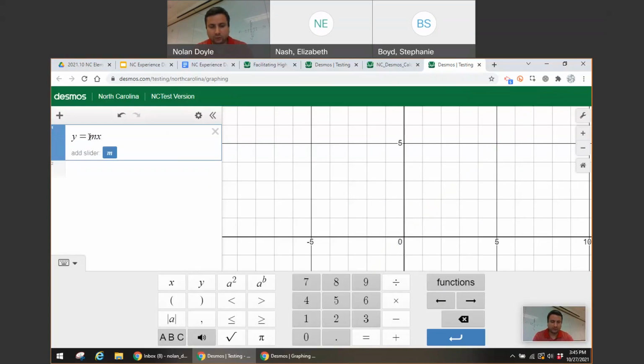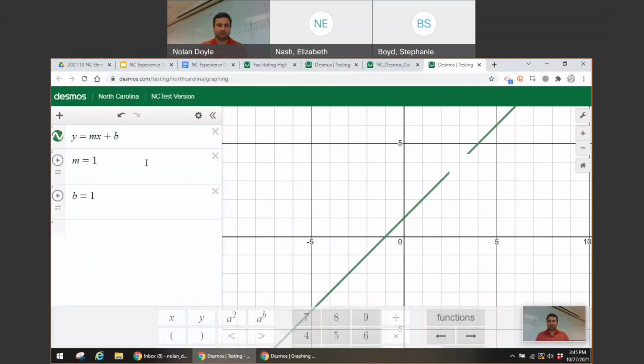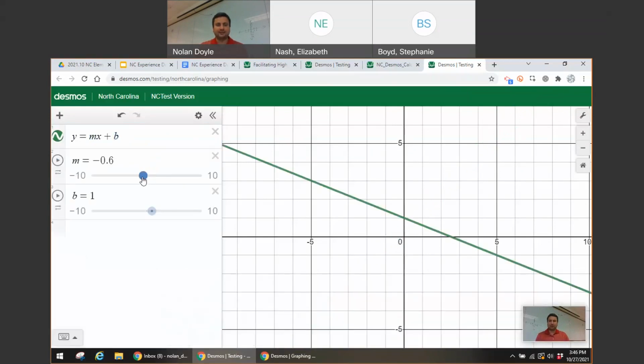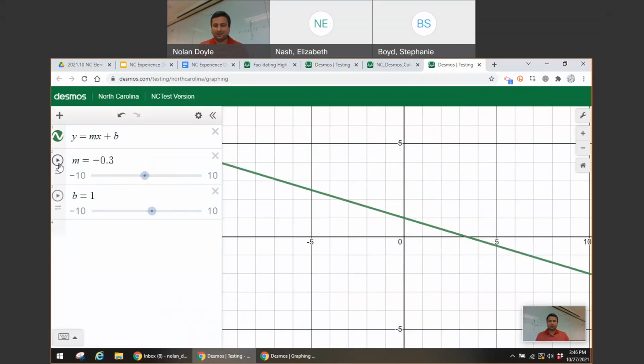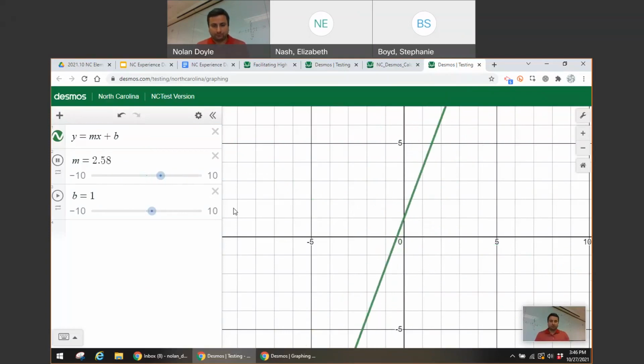But if I type in y equals mx plus b, so instead of putting numbers for the slope or for the y-intercept, it's going to prompt me to add sliders. I'm just going to hit all. And now I can quickly slide the value for m and see how that line changes. And so in 10 seconds, I created this really, really powerful tool and visual that's not a static graph,